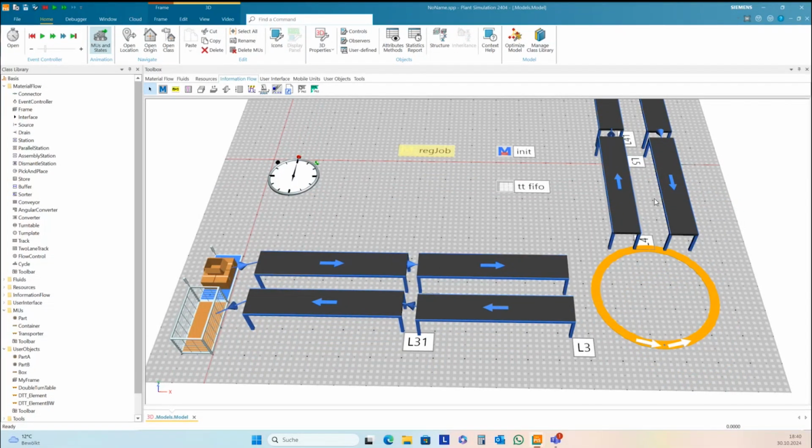And then, of course, I need a method to control this turntable. And so I make another method, do job.